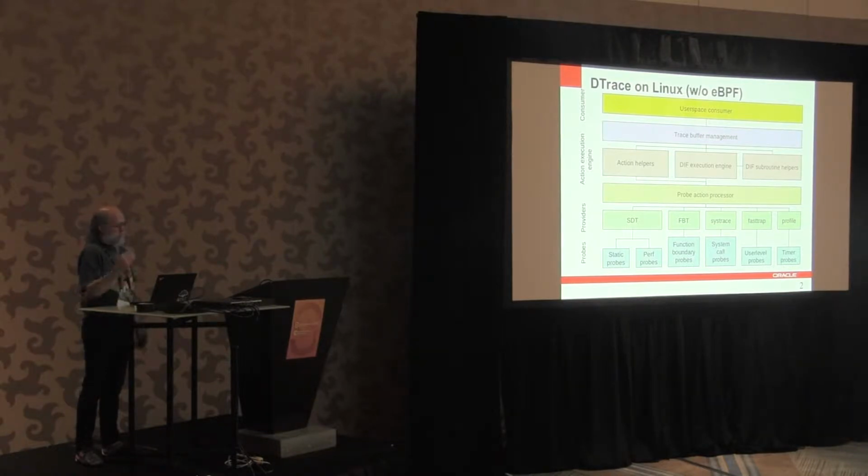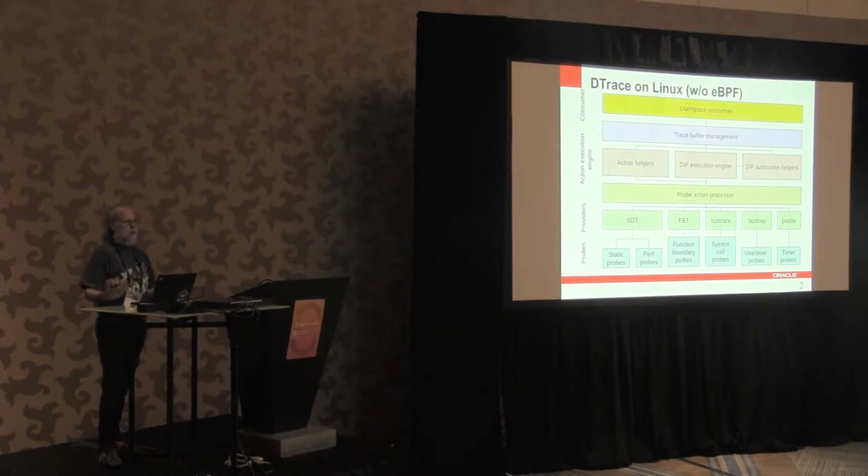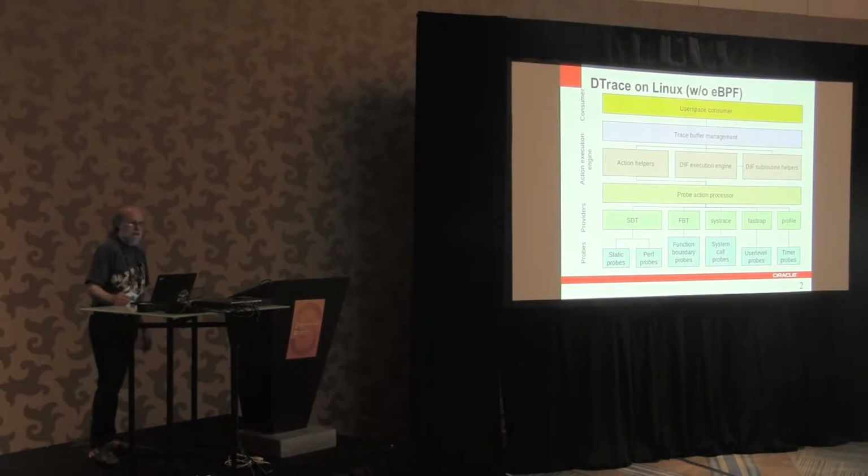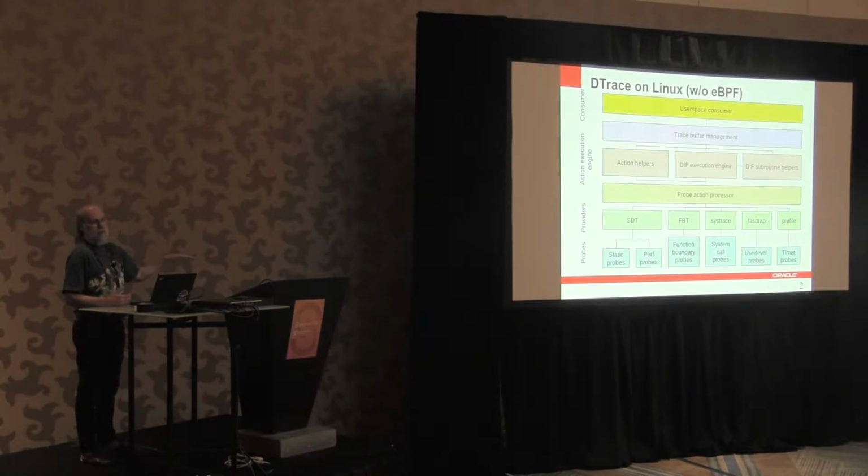So it really is top to bottom. So there's the user space consumer, just uses all the data, interacts with the kernel, but it's really a front end for the whole kernel portion. Essentially, anything below user space consumer sits in the kernel. So that's a very large chunk of code, and it's pretty invasive. But it does its own buffer management. It has its own execution engine. And then on the bottom, we have all the probes, which are also being provided by specific modules that are